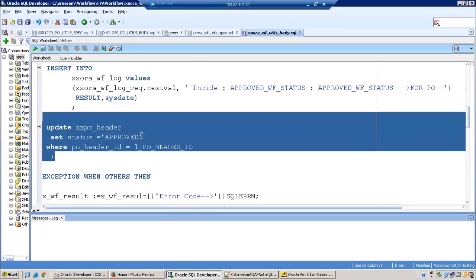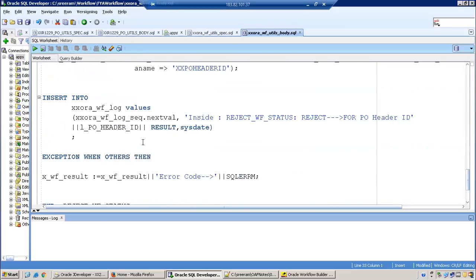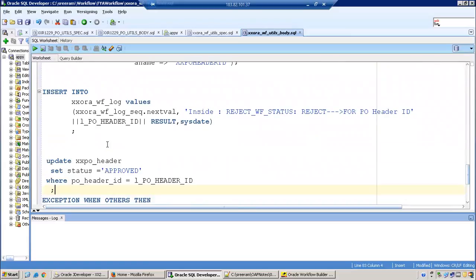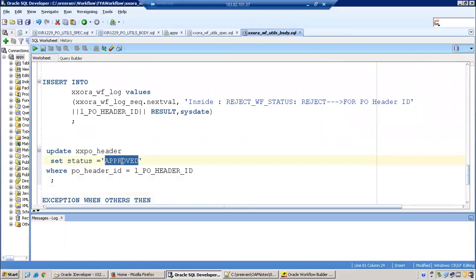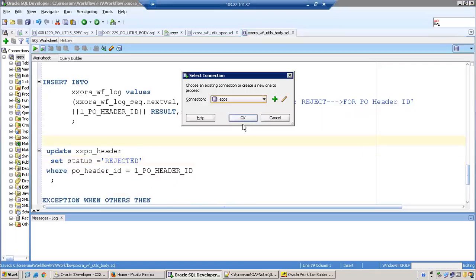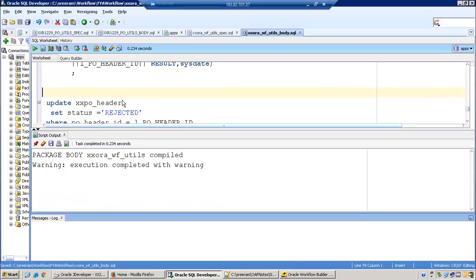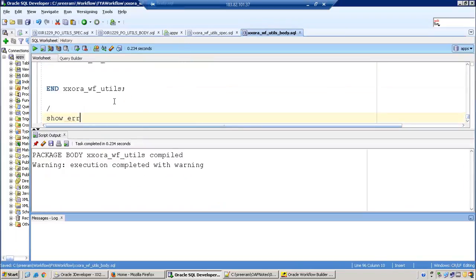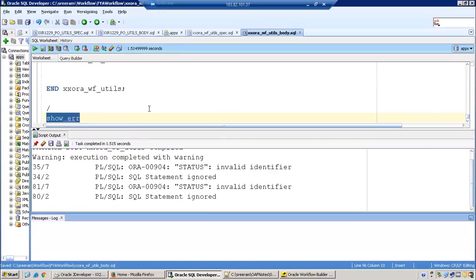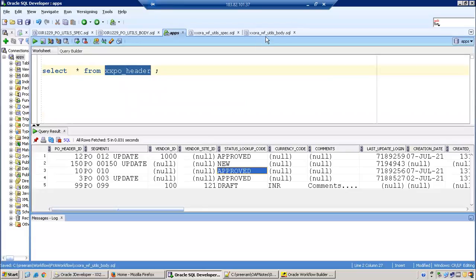Similarly, in the reject scenario, set rejected. Also, it inserts into the log table, right? The above insert statement is for either case. It is going to insert into the log table. The log table is just for the purpose of having an understanding of whether it reached, or what the issue is. Status.